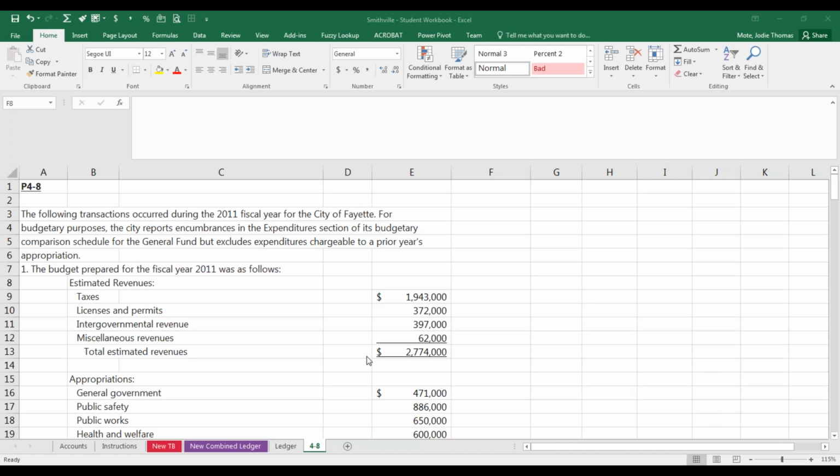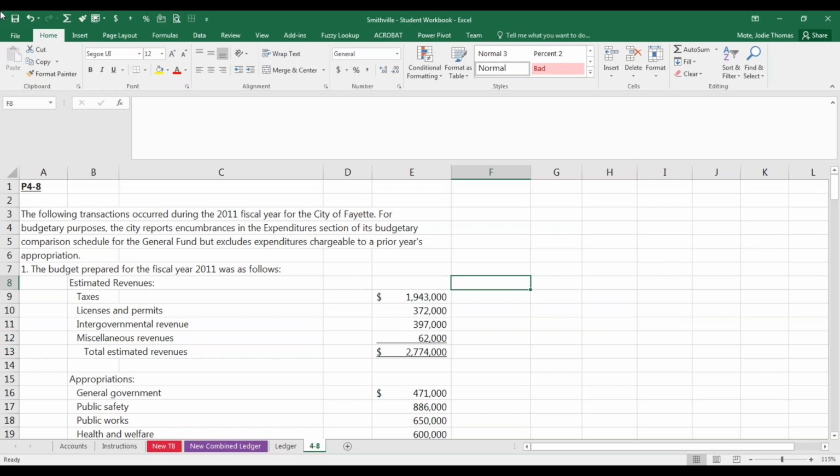Okay, everyone. We're going to do problem 4-8 from your textbook. First, in 2011, Fayette recorded the following transactions for budgetary purposes. The city reports encumbrances in the expenditure section of its budgetary comparison schedule, but excludes expenditures that are chargeable to